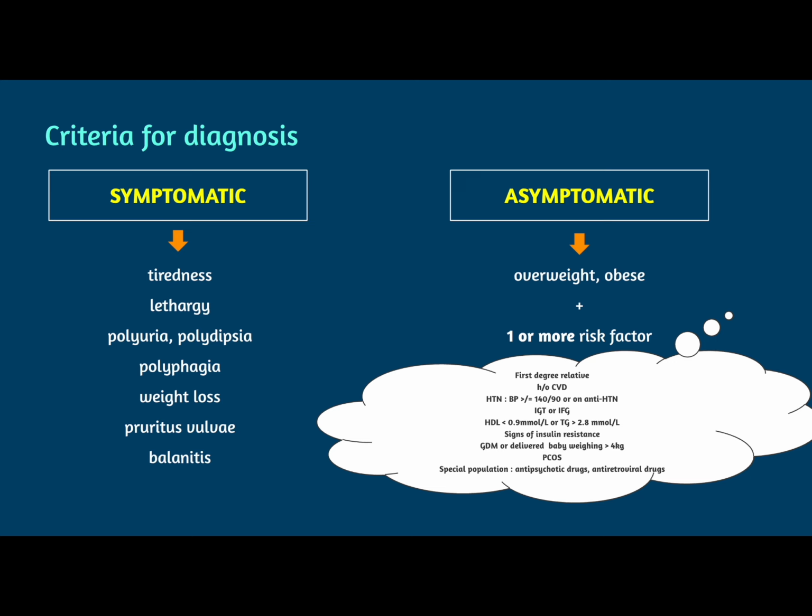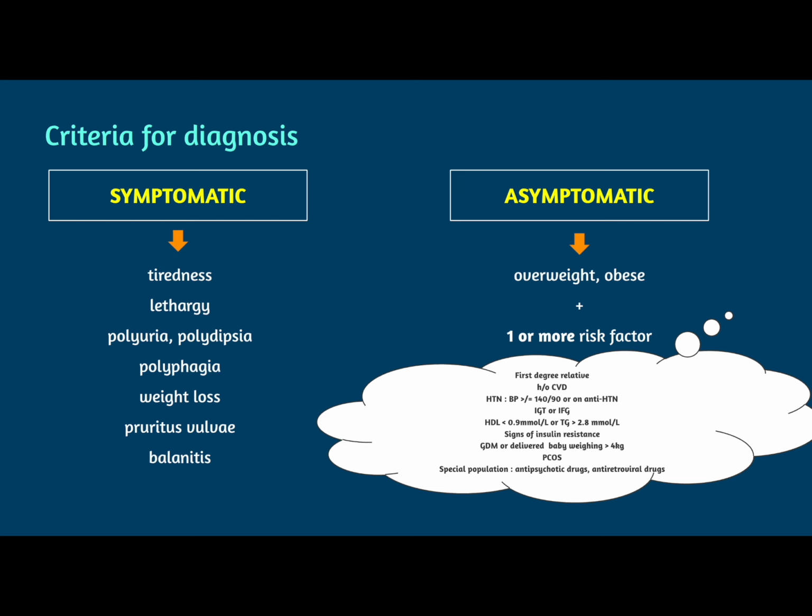Another circumstance to look at would be asymptomatic cases, in which patients do not have symptoms yet, however, they have the risk factors that may put them at a risk of developing diabetes soon. These include overweight or obese patients, plus one or more of these risk factors, where they have first-degree relatives with history of diabetes, if they have history of cardiovascular disease,